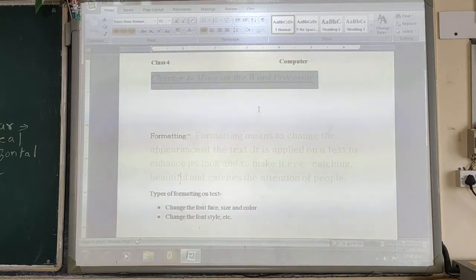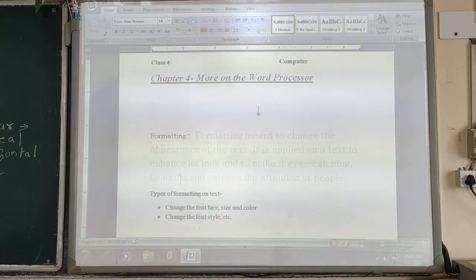Or you can just use the shortcut key Ctrl plus U from your keyboard, and the underline feature will be applied to your selected text. So we have selected this particular text and used the underline option. Now you can see this particular text has been underlined.